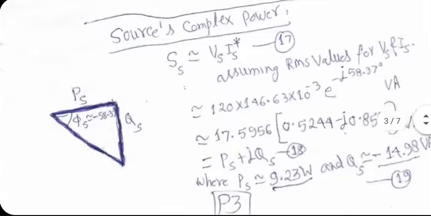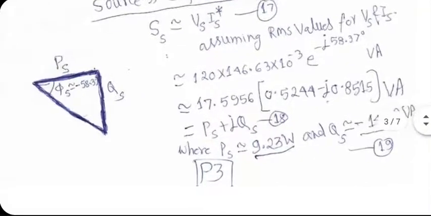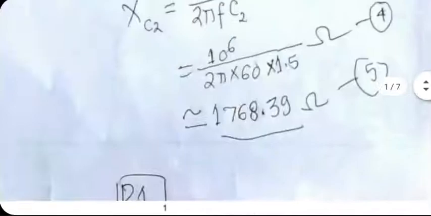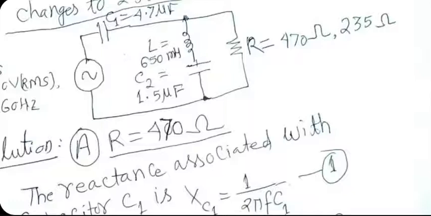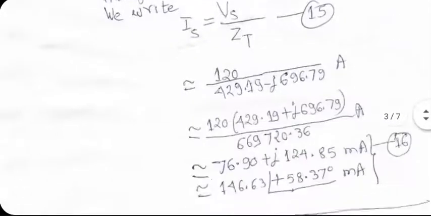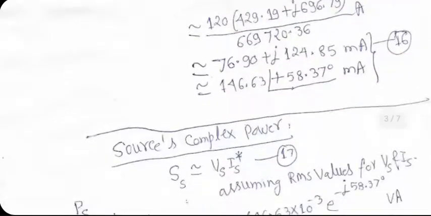So I know Vs, I know Is. I plug in the complex conjugate of Is here, and I calculate the complex power delivered by the source. Keep in mind that the power triangle can be drawn at various locations in the system. It can be drawn right at the source. It can be drawn even at the load. In between also, if you decide, you can figure out the power triangle at that point. But right now, I'm looking at the power triangle at the source first. And power balance has to apply ultimately. No power can be lost anywhere.